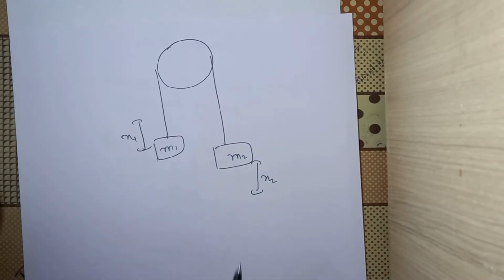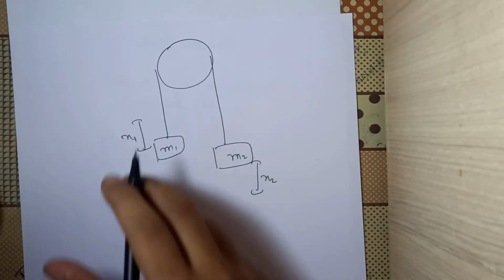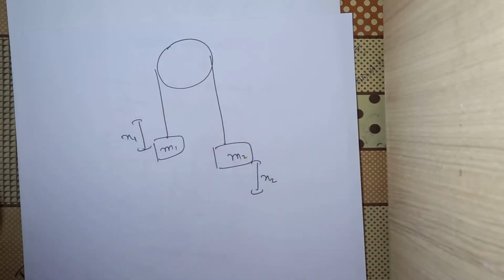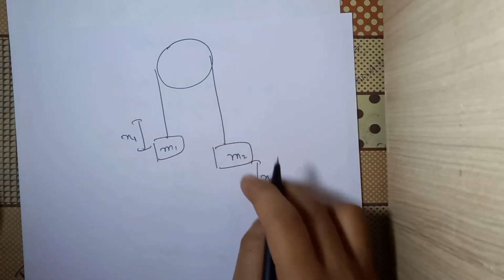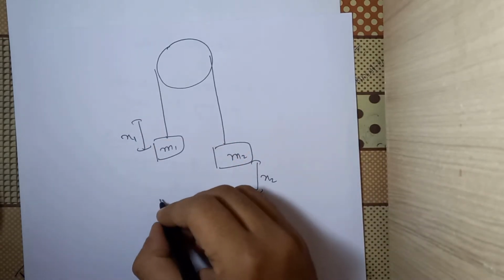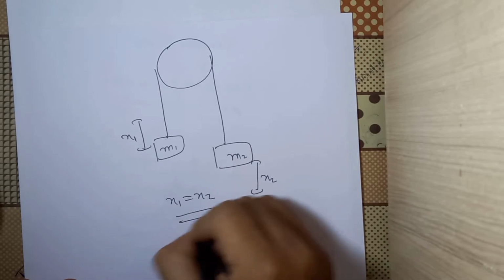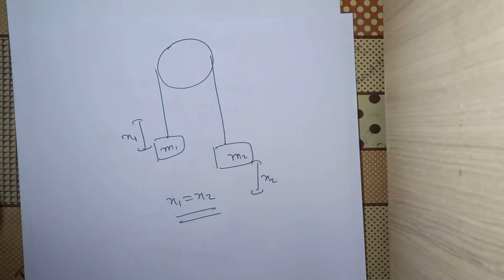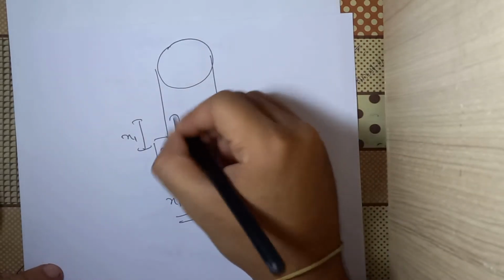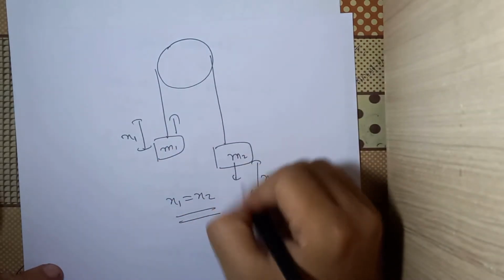Now because the length of the rope is same, I can say that this change has to be same. If this is, let's say, decreasing the length of the rope by x1, this has to increase the length of the rope by x2. Or without worrying about signs, we can say one thing, that x1 is equal to x2. Okay, now how do we deal with sign? So we assume the directions. So I'm assuming that m1 is moving upwards, and I'm assuming that m2 is moving downwards.